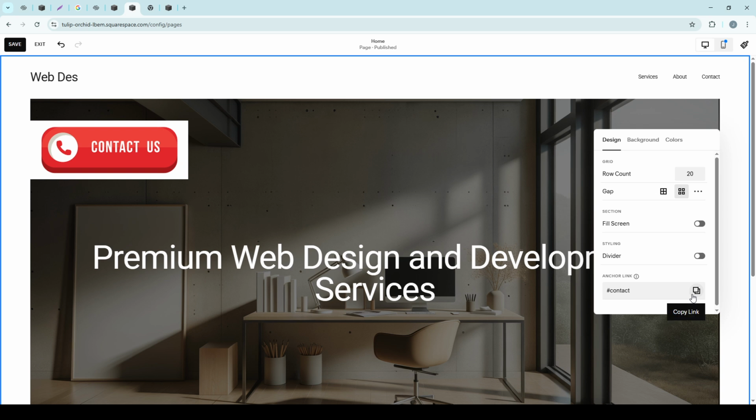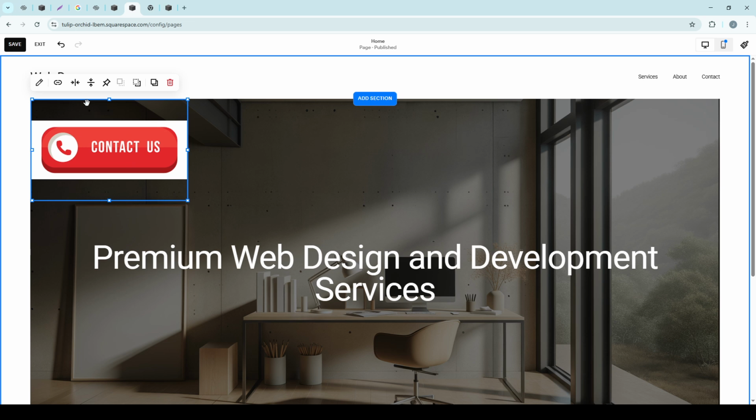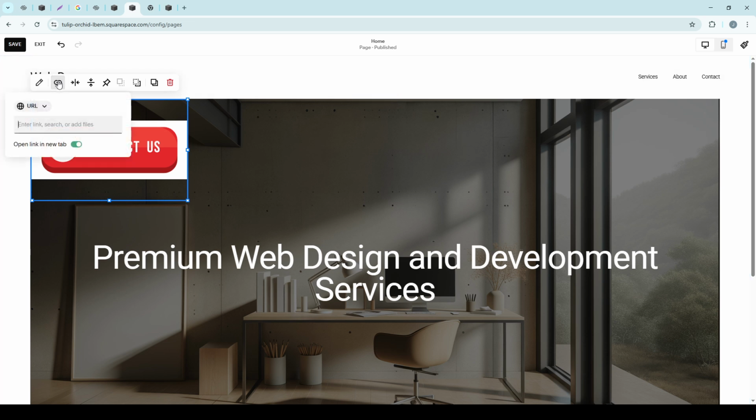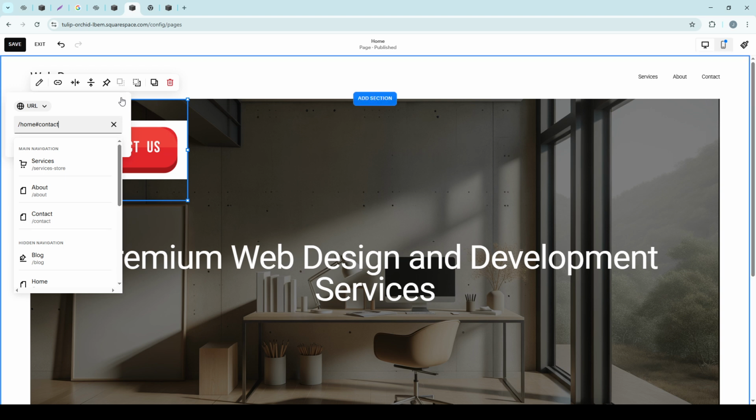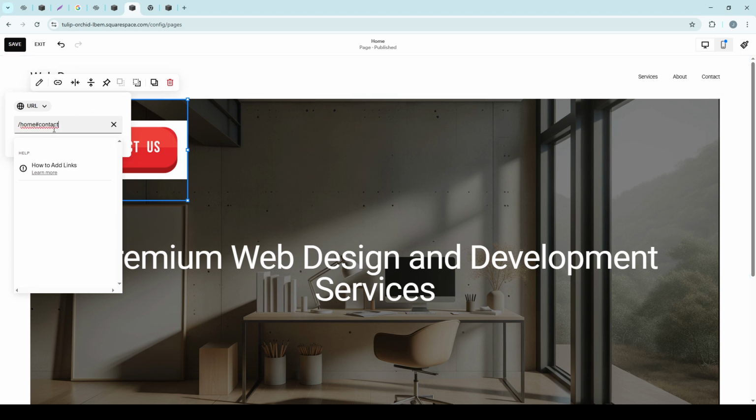Next, decide which text or element you want the anchor link to be associated with. It could be a button, a piece of text, or an image. By highlighting or selecting this element, you can go ahead and click on the link icon that appears, often resembling a little chain. When you click on it, you'll have the opportunity to paste the previously copied URL into the